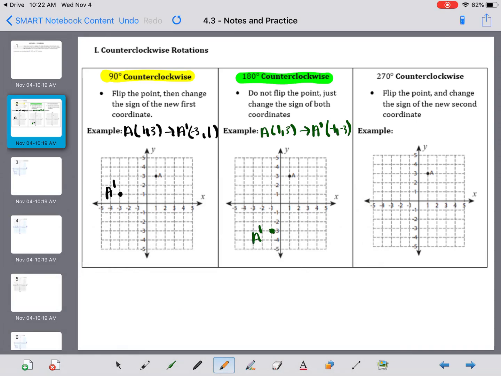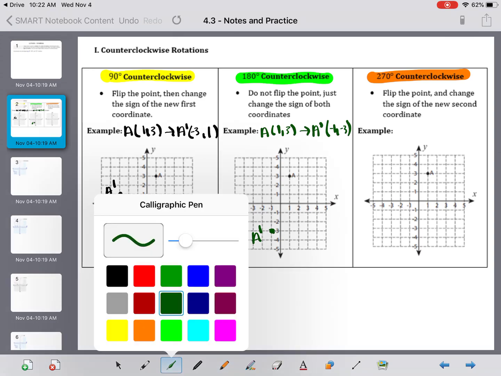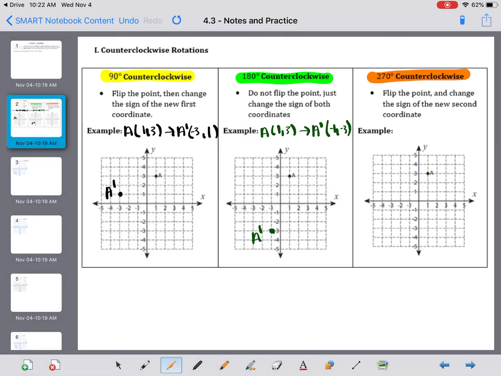And the second transformation is 270 degrees counterclockwise. You're going to flip the point but change the sign of the second. So that's going to look like this. Again, A is located at 1, 3. A prime, if we rotate it 270, we flip, just like we did with 90, but this time we change